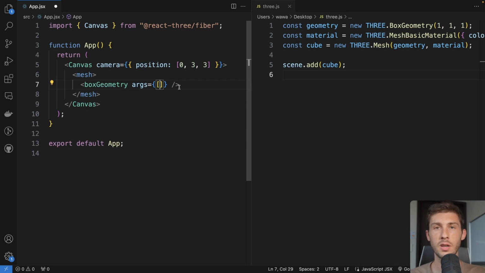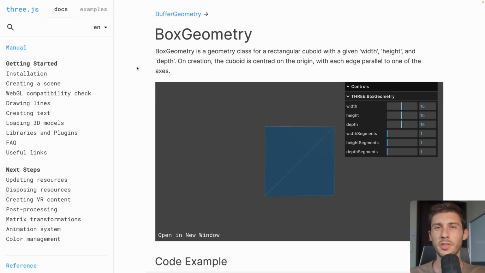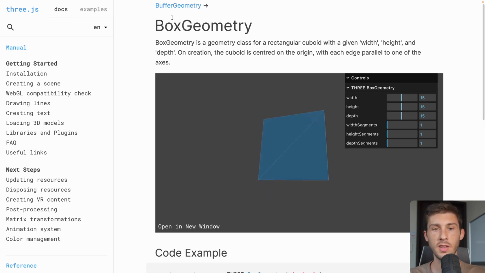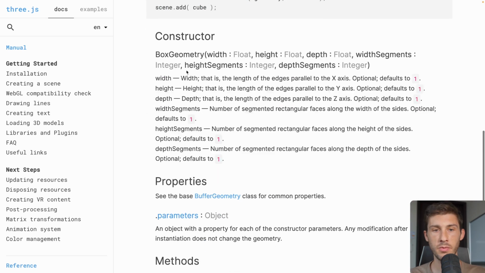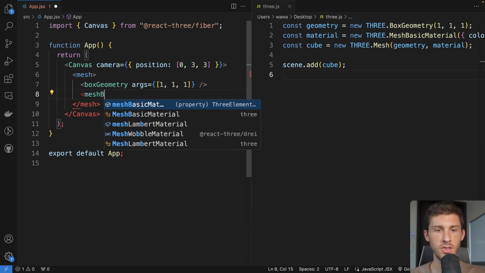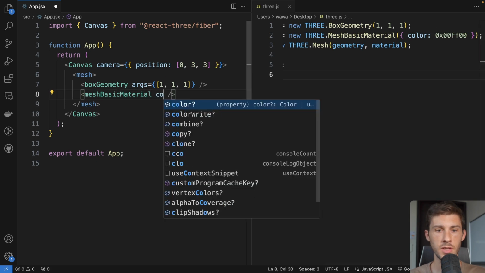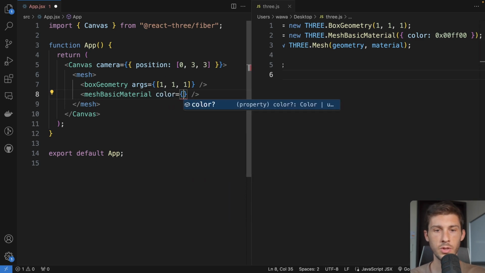And to know what the definition of those arguments is, we can highlight the prop, and with Visual Studio Code IntelliSense, we can see it's the width, the height, and the depth. So 1, 1, 1. But to understand what those parameters represent, you can open the Three.js documentation, look at BoxGeometry, and you have the parameters here with the explanation and definition. Now we have our geometry. We can add a meshBasicMaterial, and to set the default color here, we can say color is equal to